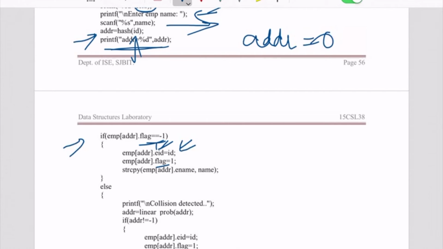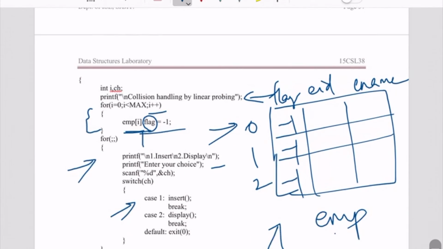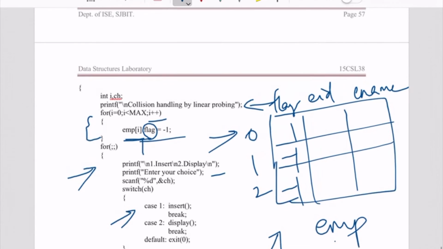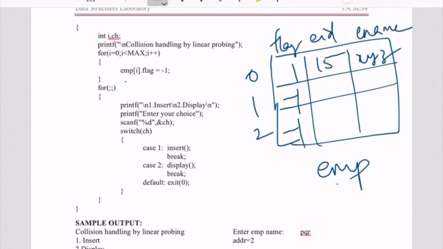Now we change the flag to 1 to indicate that there has been an insertion and that particular address space has been filled. And we copy the name of the employee into the ename field. So this value is going to be changed to 1. Let us say the employee ID is 15, so 15 is inserted.